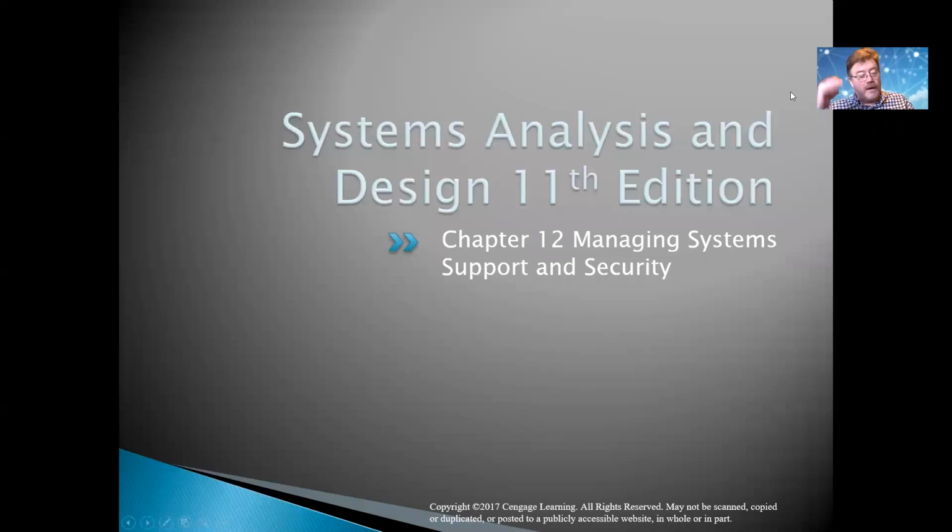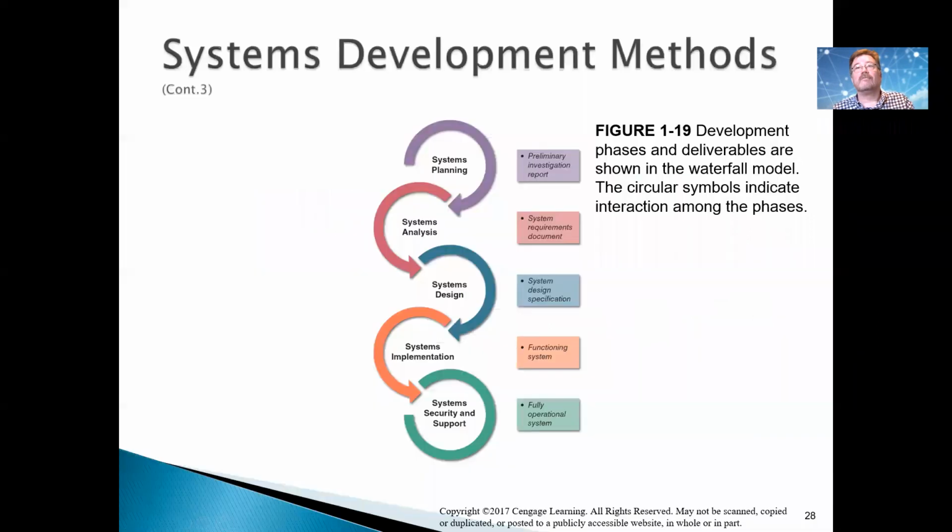All right, and now we come to the last phase in the software development lifecycle. So I'll remind you that we basically had the planning, which led to the analysis. And out of the planning, by the way, came a deliverable. That deliverable was fed into the analysis. The analysis basically spits out the analysis requirements. For example, the functional decomposition diagrams, the data flow diagrams, those fishbone diagrams, whatever, all the input outputs, processes, controls,